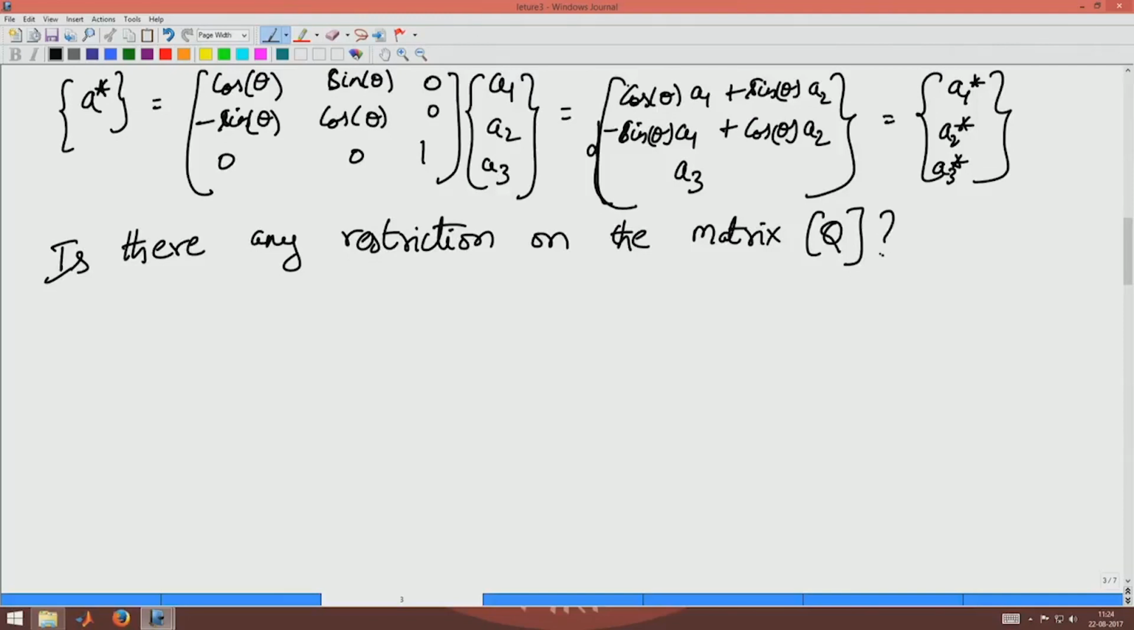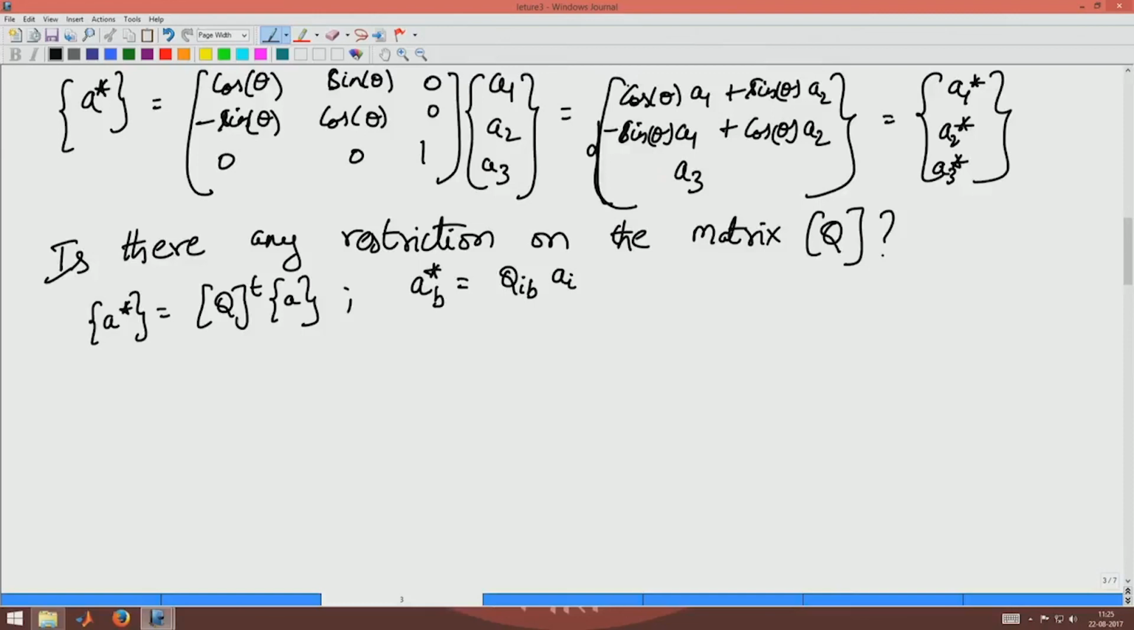Okay. Let us answer this question. So, basically now we had that A star is Q transpose A, right. This is the equation we got in matrix multiplication terms. In component terms, you had A star B as Q I B A I, okay. So, basically now